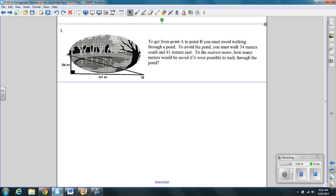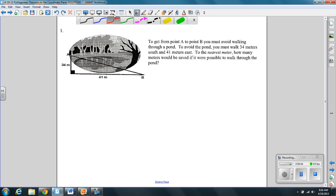So here's number 1. It may seem a little small to read from your desk to the board, but you do have the packet right in front of you. So here we are. We have this scenario to get from point A over here to point B. You must avoid walking through the pond. So avoid means you shouldn't do it. You find another way. So to avoid the pond, you must walk 34 meters south. So from this point A, south would be in this direction. So we walk 34 meters south, and then we turn and walk 34 meters east